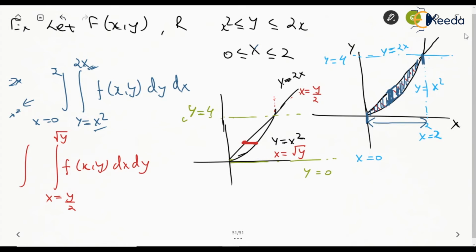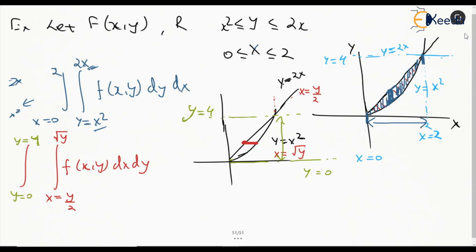Which means that we are going to take these elements from y equal to 0 to y is equal to 4. That means the limits for y will be y equal to 0 to y is equal to 4, right?